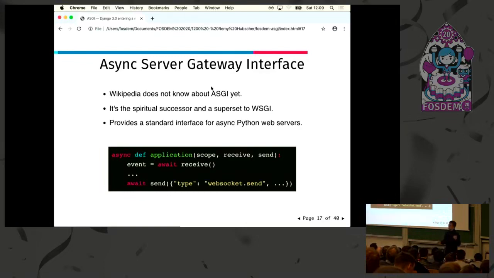Before we were talking about request and response, and now we are talking about a connection and events that happen within this connection. So in this example, which is WebSocket, for instance, we can receive something and then send something else. But it also works with HTTP. We can receive the request and send the response.